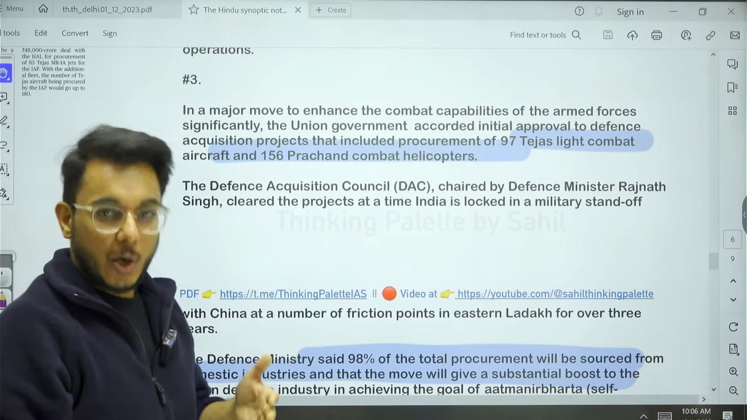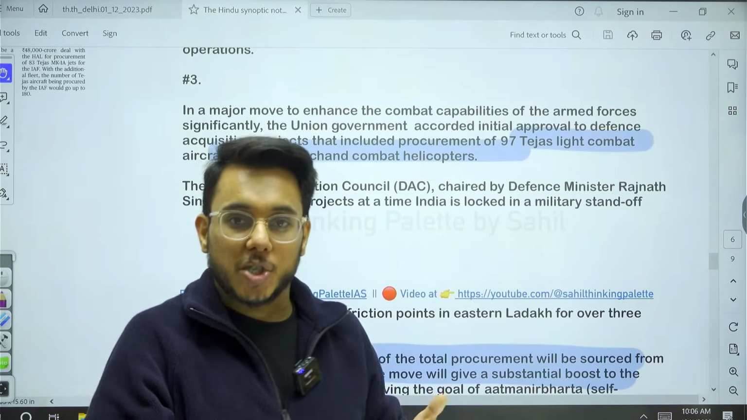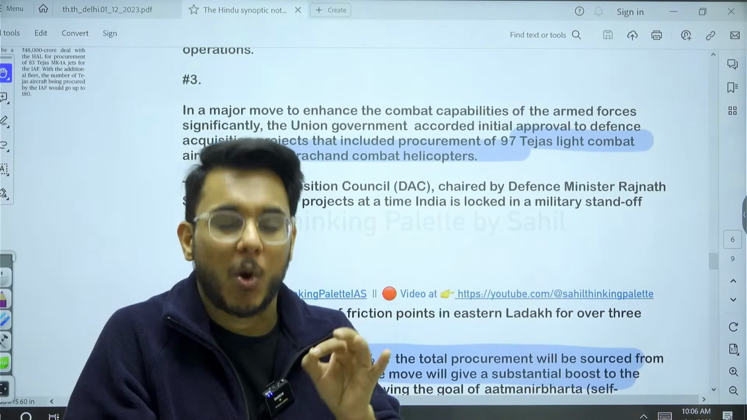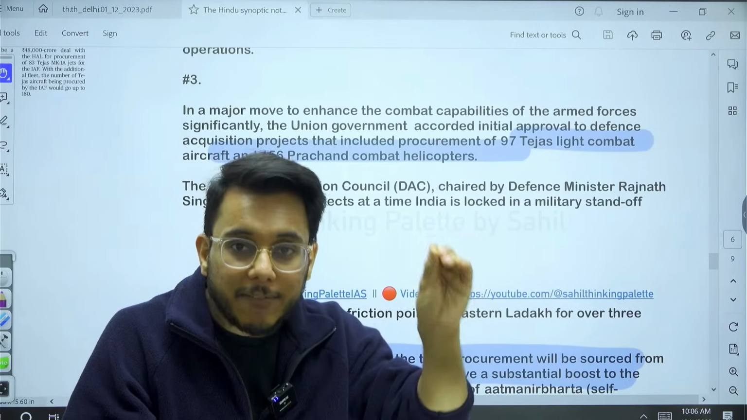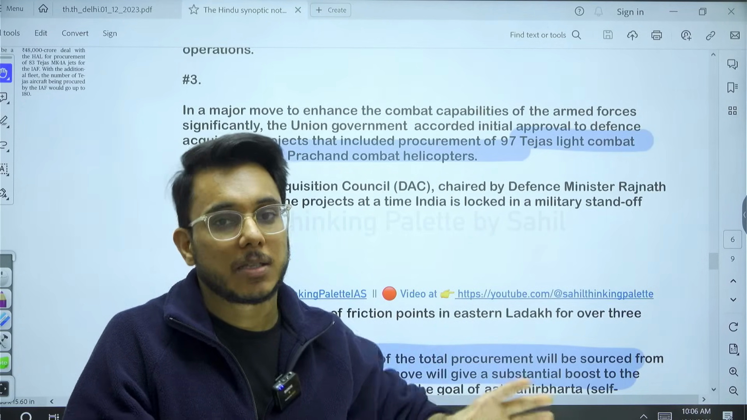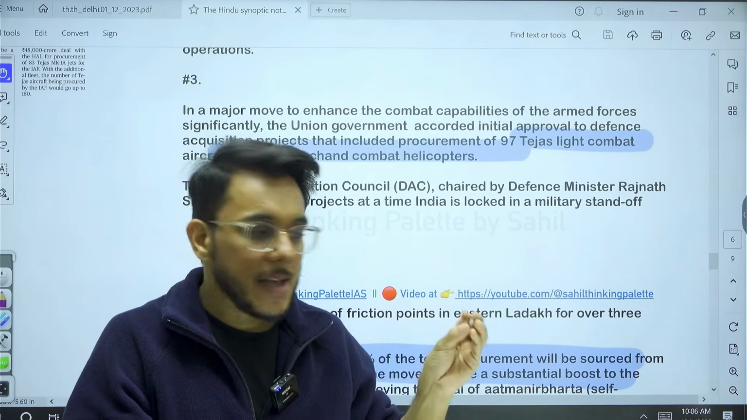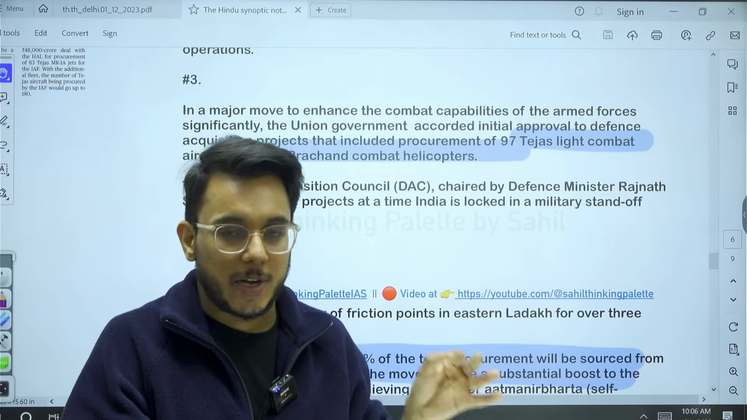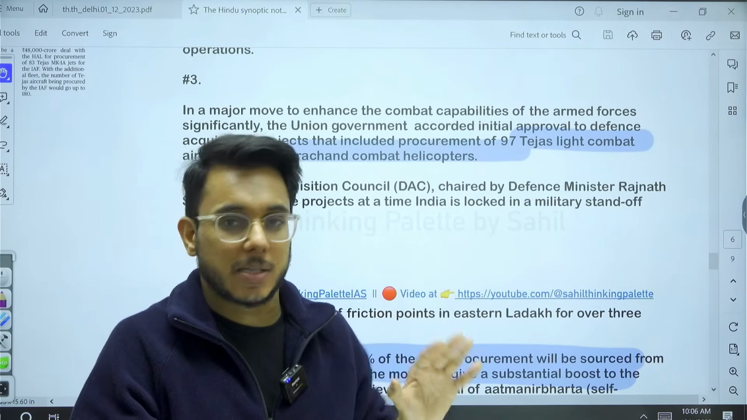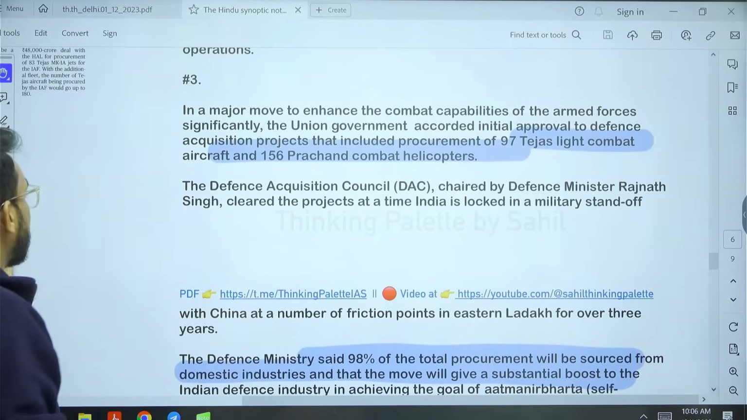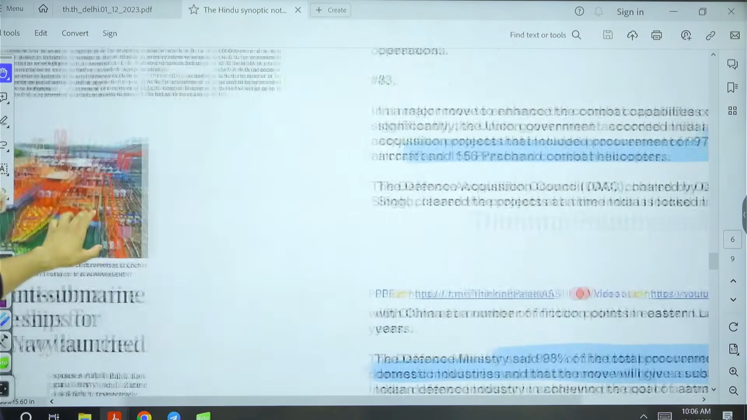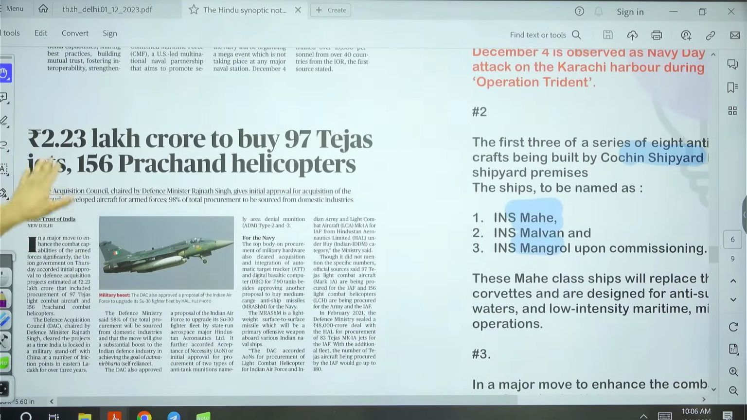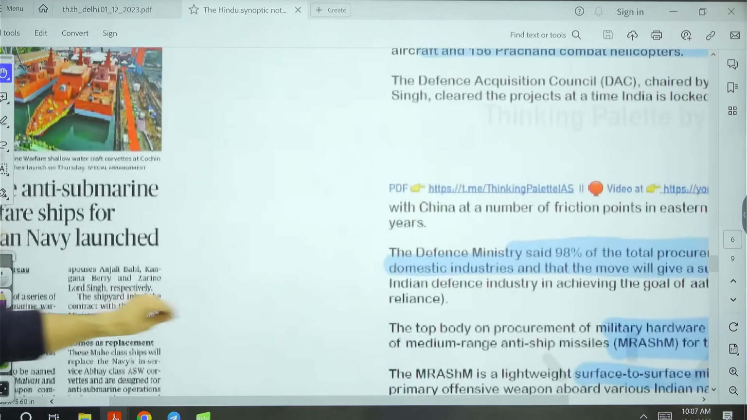And then the last one is that Defense Acquisition Council, DAC, which happens to be the highest body for clearing the defense acquisition proposals by the 3 defense forces. Fine, that is the Army, Navy and Air Force. So Defense Acquisition Council clears their projects. So it has decided that for our defense forces, procurement of 2.23 lakh crore rupees will be made. And under this particular procurement,